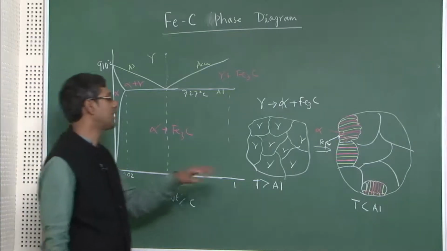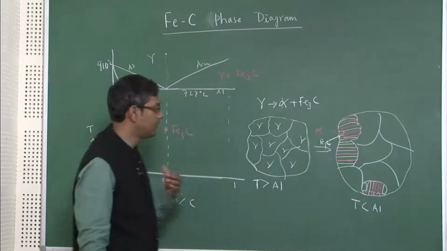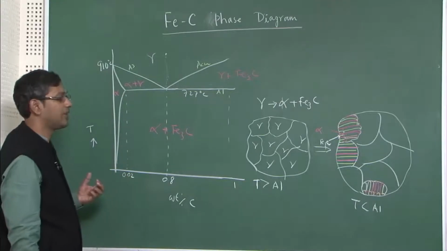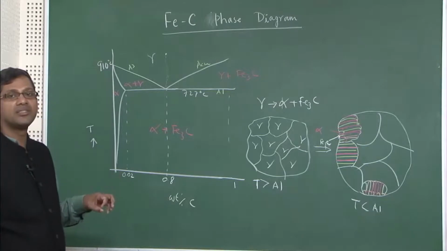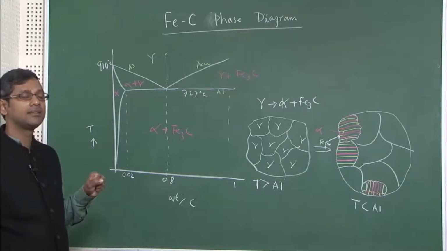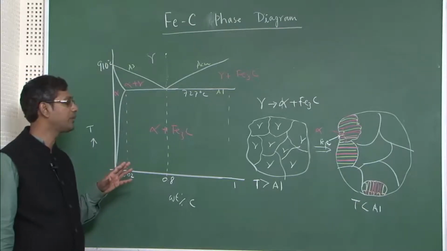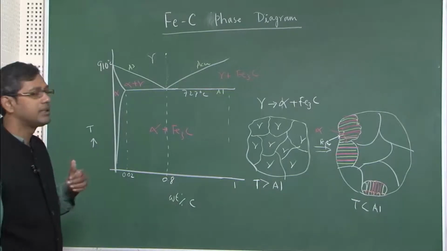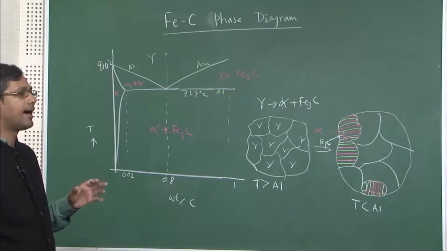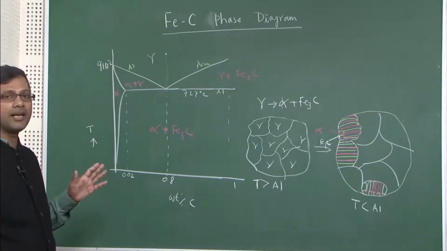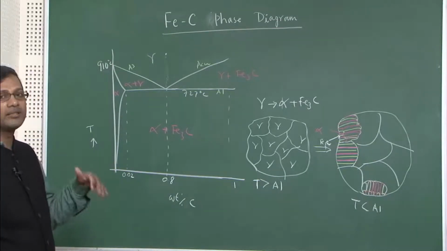So, basically this transformation is aided by diffusion of carbon. Carbon diffusion is the predominant factor, and you know carbon is an interstitial element in these alloys. Why? Because carbon goes to the interstitial positions of iron. As it is an interstitial species, the diffusion of carbon is very fast compared to iron. Why is it very fast? For diffusion, carbon requires interstitial positions, and in BCC iron it is easy for carbon to move from one interstitial site to another,